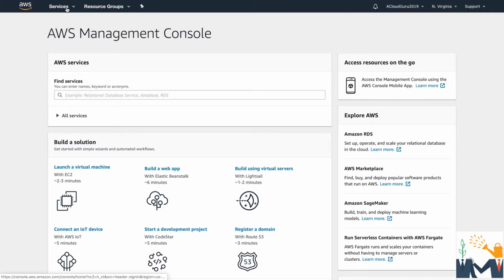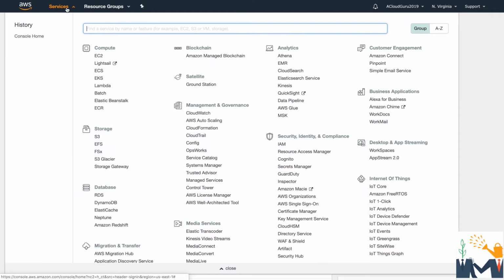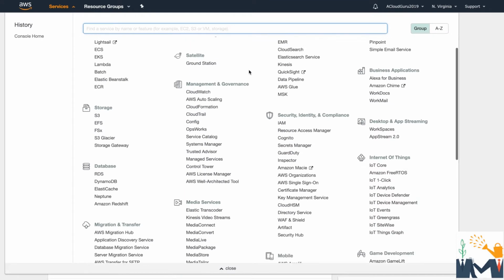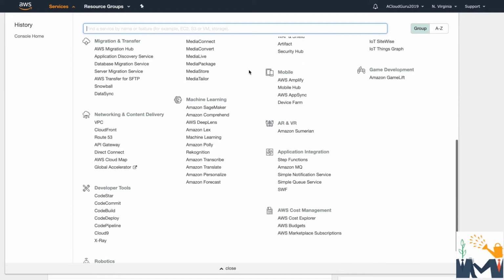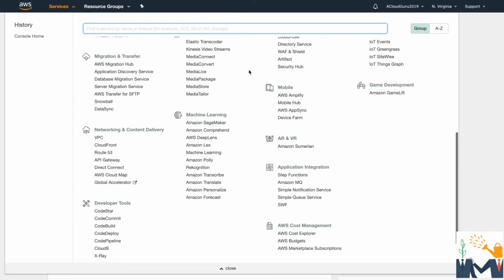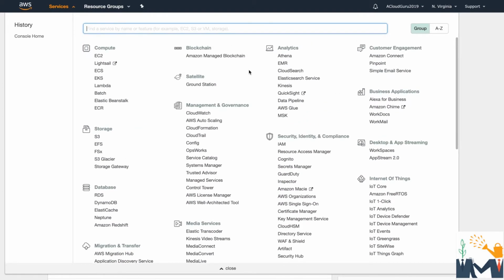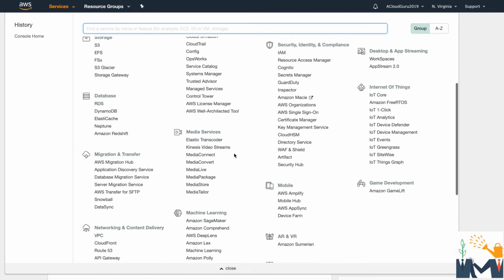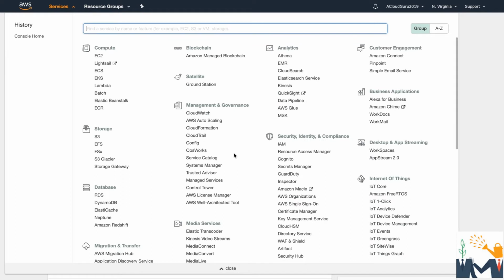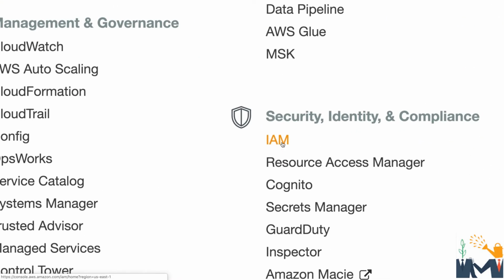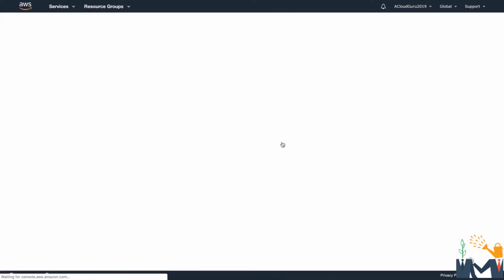So if we want to find identity access management, just click up on services. This will open up all the different services that are available for Amazon Web Services. I know it can be a bit overwhelming. Like I said in section 2, don't panic. No one person knows all of these services inside out, and only a small fraction of these services make up the Certified Solutions Architect Associate exam. Now, we're looking for security. You can see it here. It's got the little shield, so security, identity, and compliance. And what we're going to go ahead and do is click on Identity Access Management, and that will take us